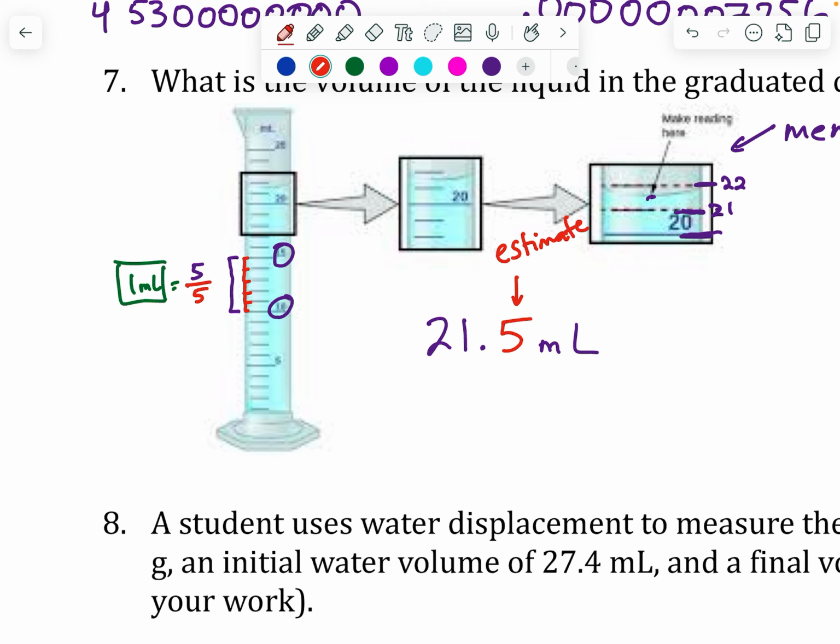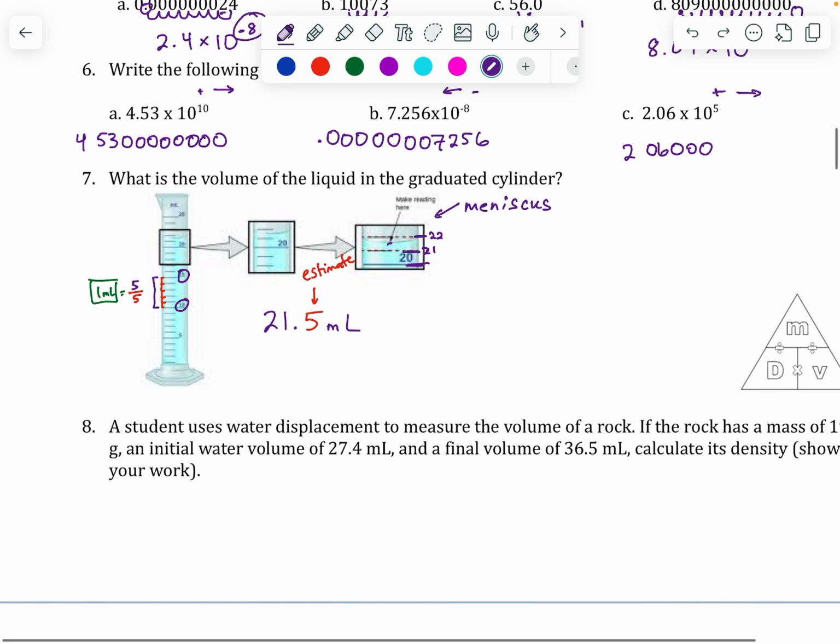Now, it wouldn't make sense to say 21.1, because that would mean that the meniscus is just above 21, that line. It would also not make sense to make that estimate like 21.8, because that would mean that this meniscus is much closer to 22 than 21. So a good educated guess based on the eye test, and something that would probably be acceptable would be like 0.4, 0.5, 0.6, something along the lines of that. And so that would be our